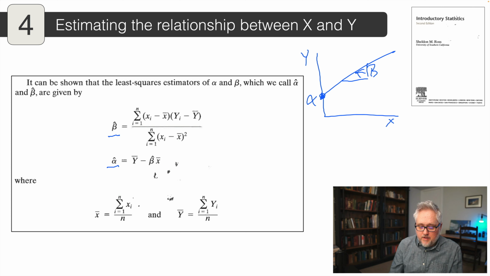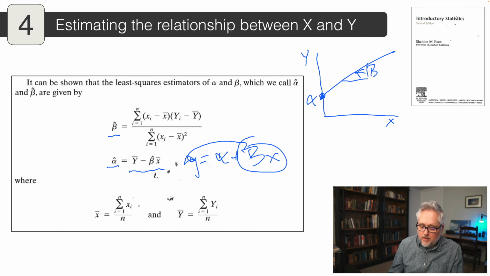And that's just a linear transformation of the basic regression, just moving y over to the other side of the equation. So y equals alpha plus beta x, and what you do is you just keep y there, and you're just moving beta x over to the other side. Right?